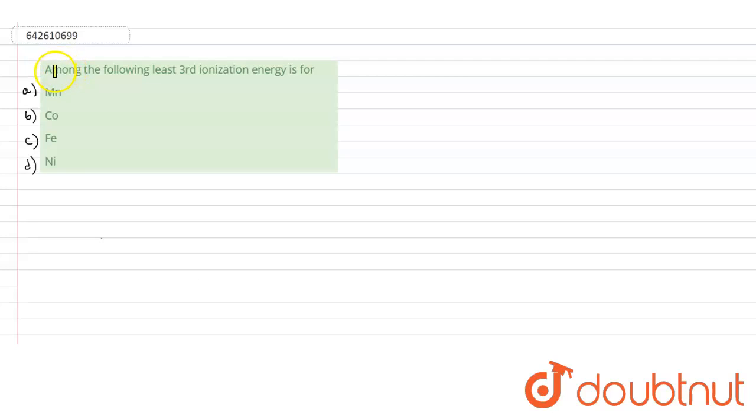Hello. So the question says this: among the following, the least third ionization energy is for which one? So we have to tell the minimum third ionization energy. Will it be for manganese, cobalt, iron, or nickel? So let's start solving this question. We have first of all 4 elements, or you can say 4 metals, that is manganese,